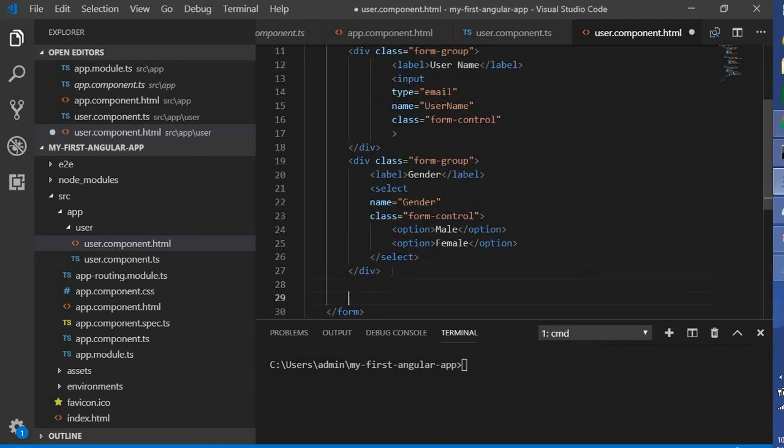So let me add one more form group, then it will look nice.